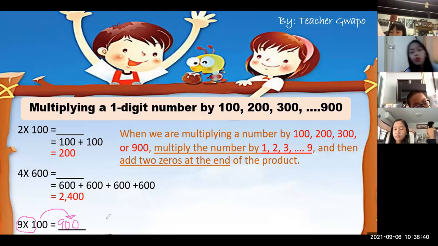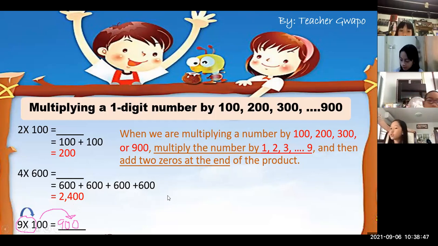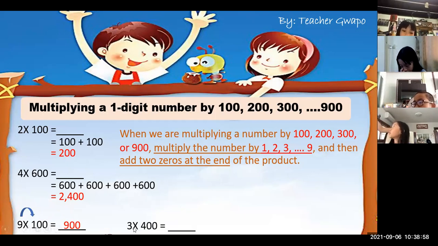Now, let's try another one here. Okay, here we go. Just like that. So 900. Let me erase first, and then we will proceed to another example. Another example here is 3 times 400. Now, if we multiply 3 and 4, these two numbers,